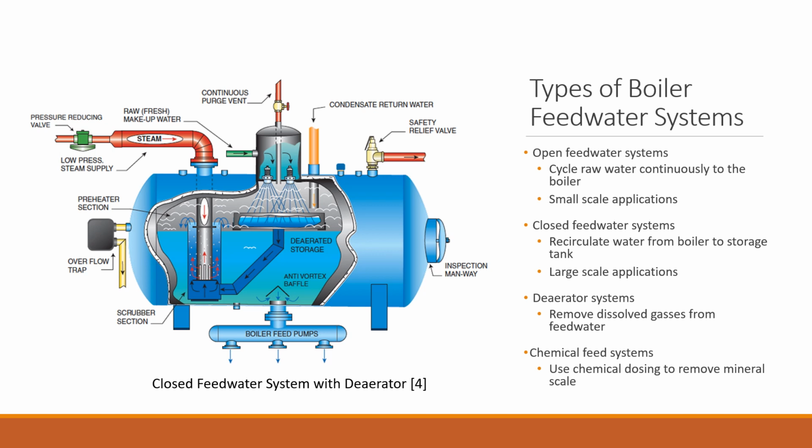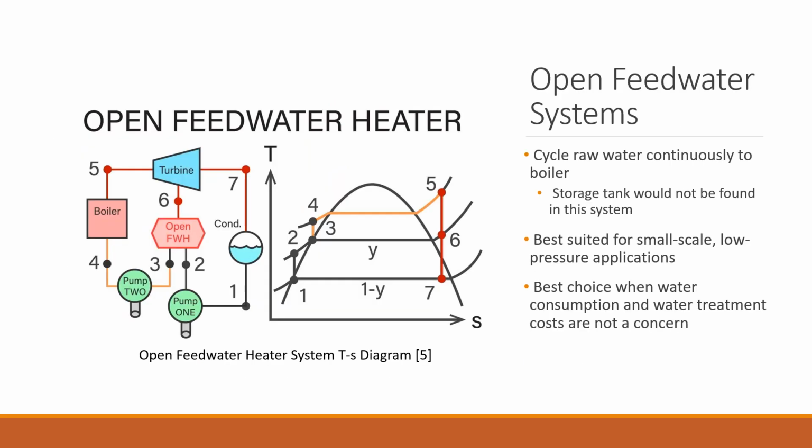And another thing that can be added is a chemical feed system. This uses chemical dosing to remove the mineral scale that also has the potential to result in pitting corrosion. Now I'd like to go a little bit more in depth about each of these system types, starting with an